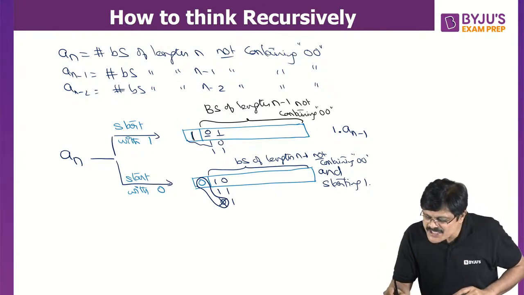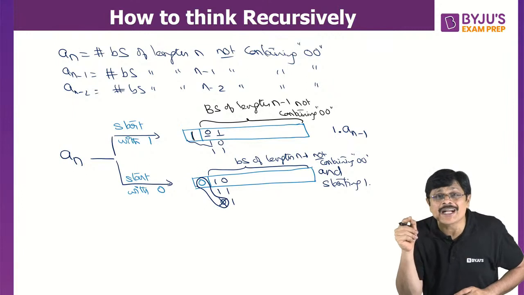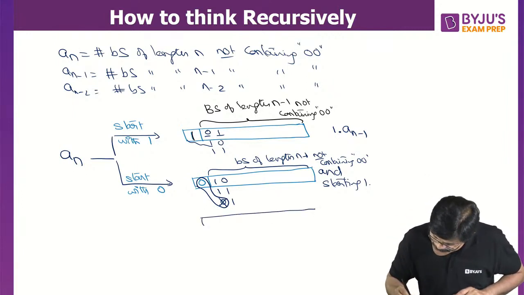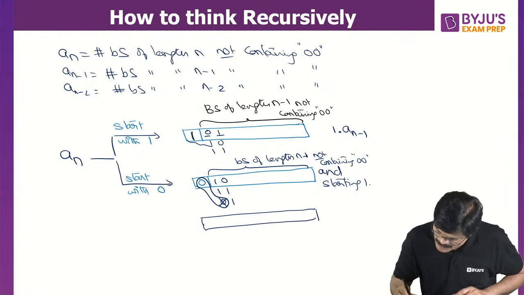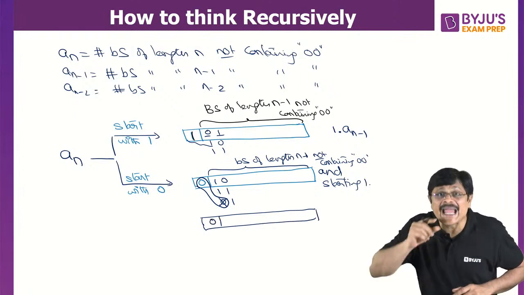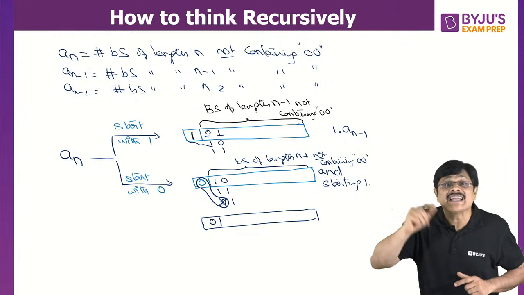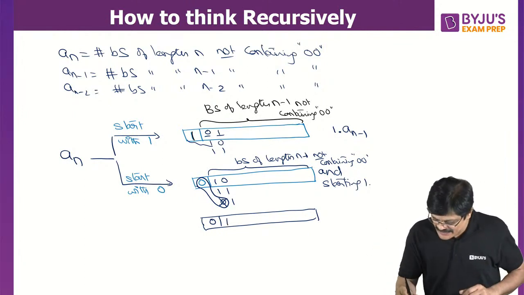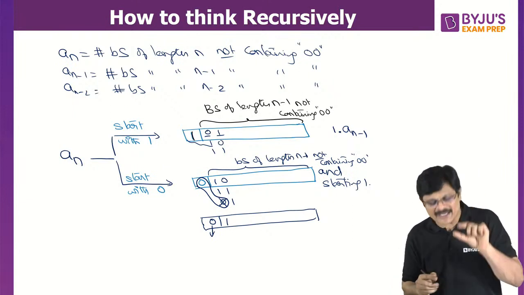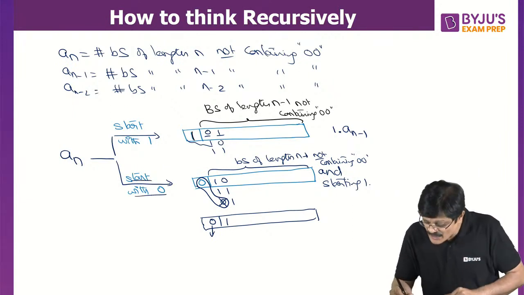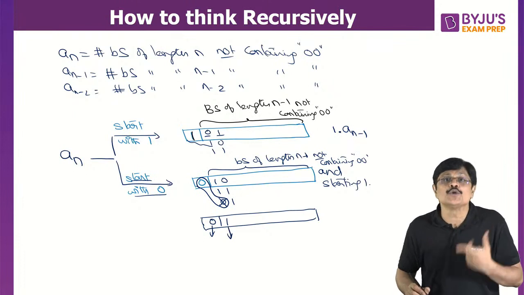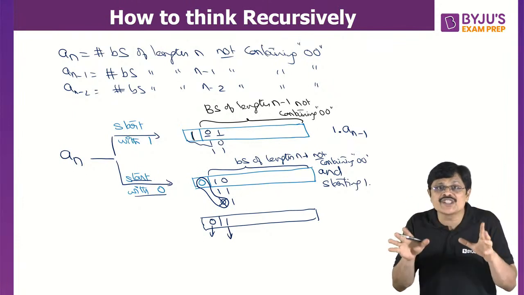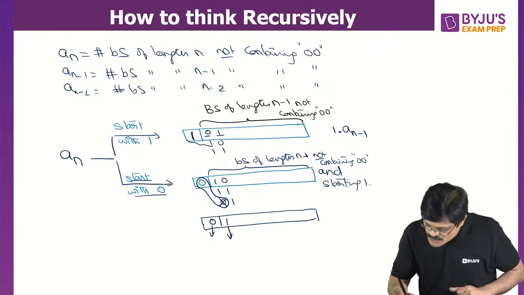So ये binary string of length n-1 not containing 0 0 and starting with 1 means, अब ध्यान से देखिएगा, मैं इसको फिर से लिख रहा हूं, ये 0 है but it is length n-1 starting with 1 and not containing 0 means इधर 1 होना चाहिए, ये फिक्स है, ये फिक्स है, 0 फिक्स because it is starting with 0, ये फिक्स है, और ये भी फिक्स करना पड़ेगा। क्यों? बिकॉज इधर 0 है तो 0 0 मिल जाएगा, हमें नहीं चाहिए, वी डोंट वांट 0 0 पैटर्न।